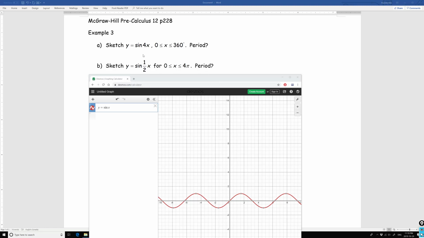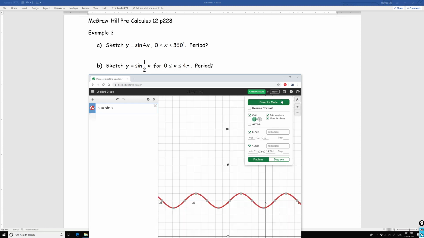Okay, so we're on example 3 here, y equals sine 4x. We're going to sketch this. When you type in y equals sine x in decimals, it might look like this, because by default we're in radian mode. We want to switch over to degree mode, so let's change this. We're going to change by clicking on the toolbar. We're going to change it to degrees by clicking on this button here, and it may look like a straight